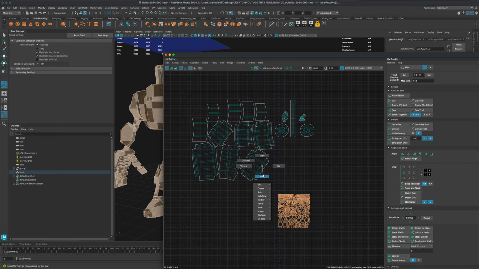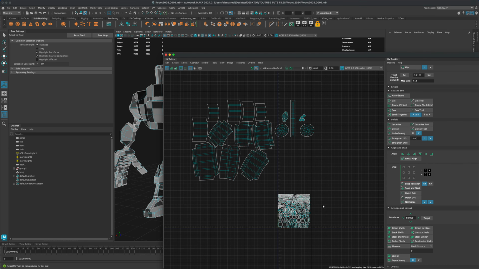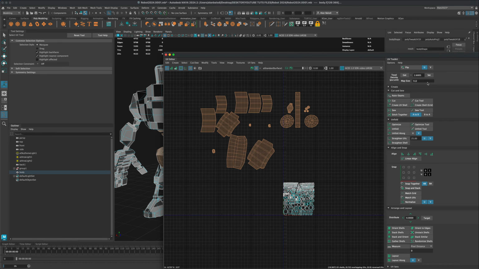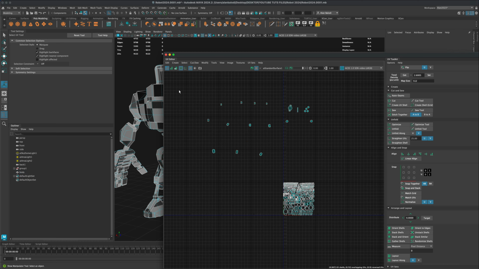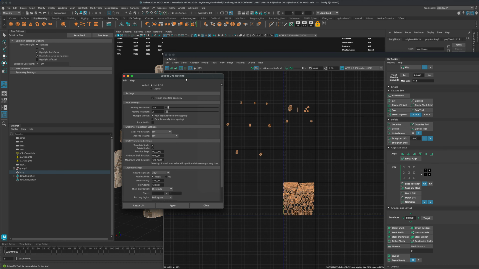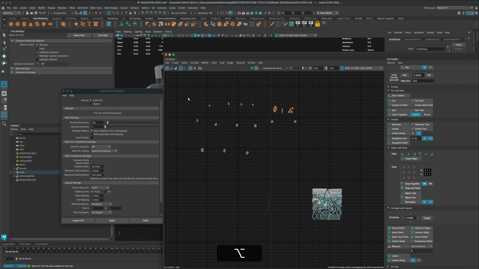To do that, first you definitely want to match the density, just like I showed you before. So for the example, I'm going to click on one of these. I'm going to get the density, it's 2.6. So let's select all of these and match the density. Now I'm going to select everything, and I can go to Modify, go to Layout, and click on options, and in here let me reset this. And then to pack them all into the 0 to 1 space, you just simply say apply,